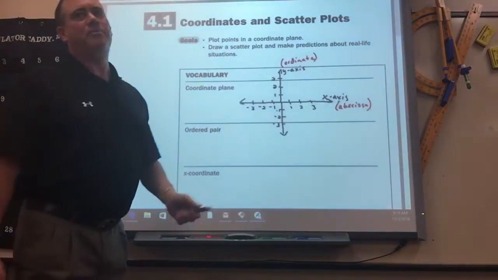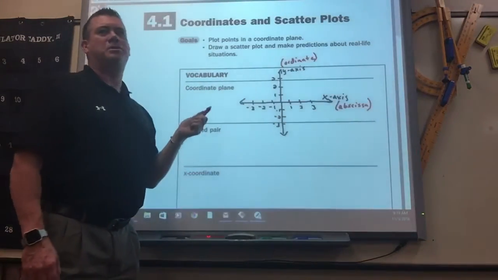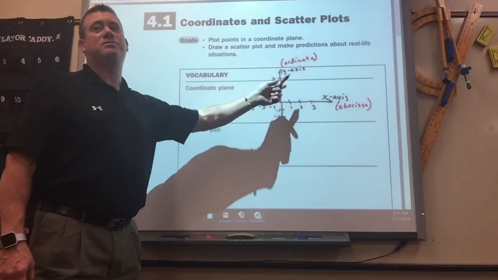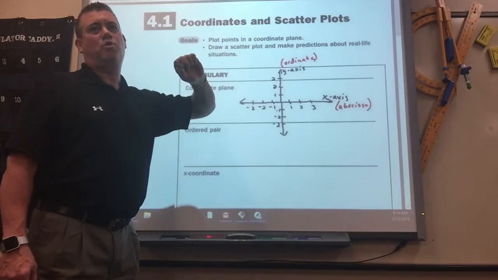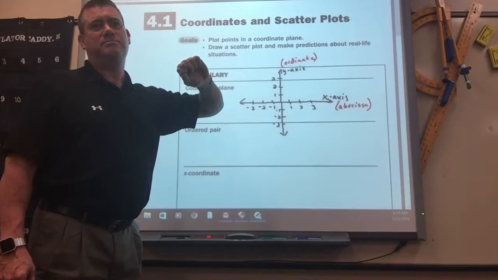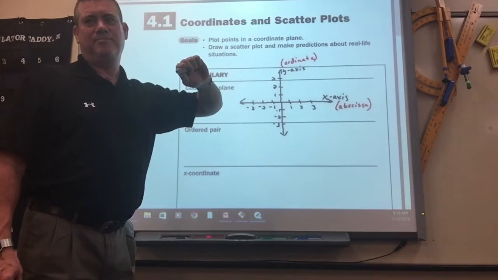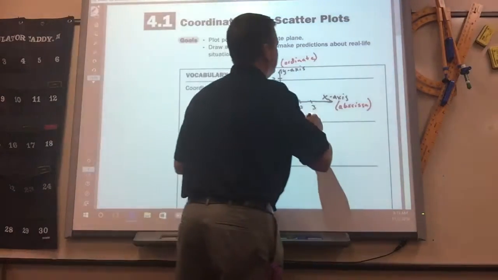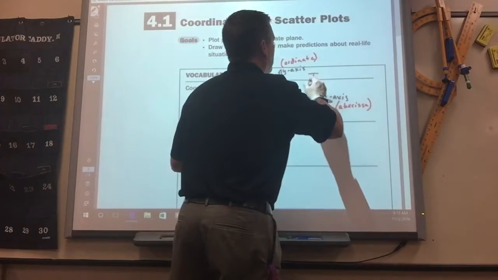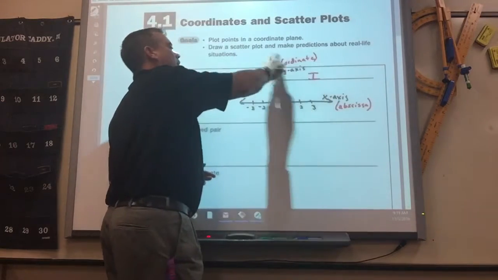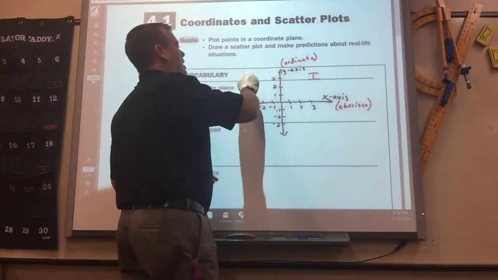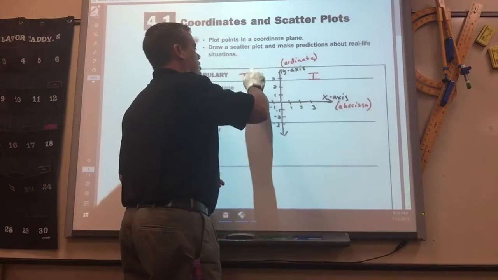So then remember, a coordinate system splits it up into 4 quadrants. Does everyone remember where quadrant 1 is? That one. Which one? The top left. Right. Top right. Quadrant 1, and then it goes counterclockwise. 2,